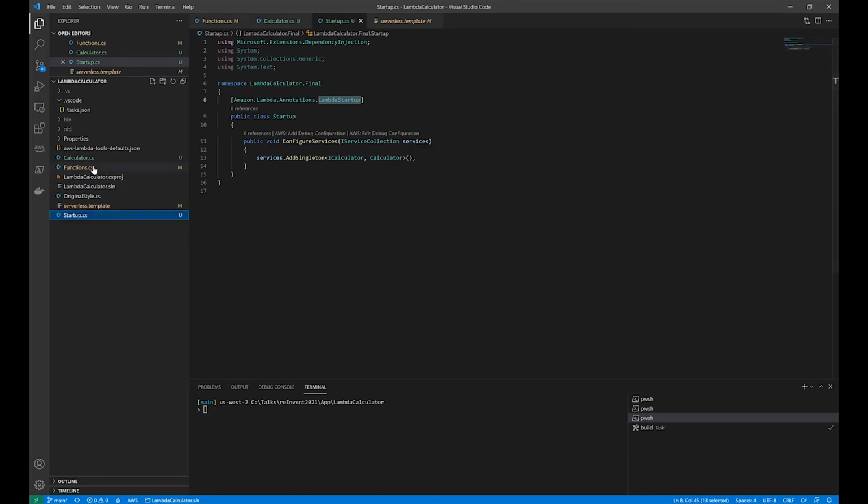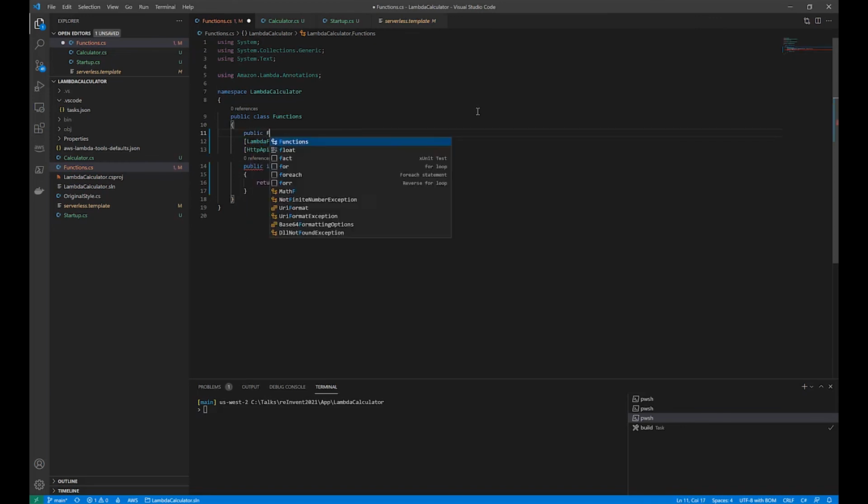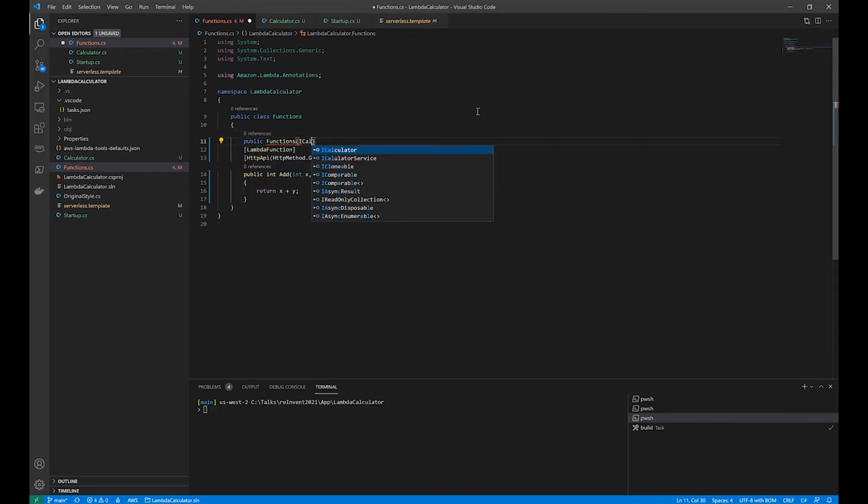So now, if I go back over here, I can actually use constructor injection, right? I can say public functions calculator.